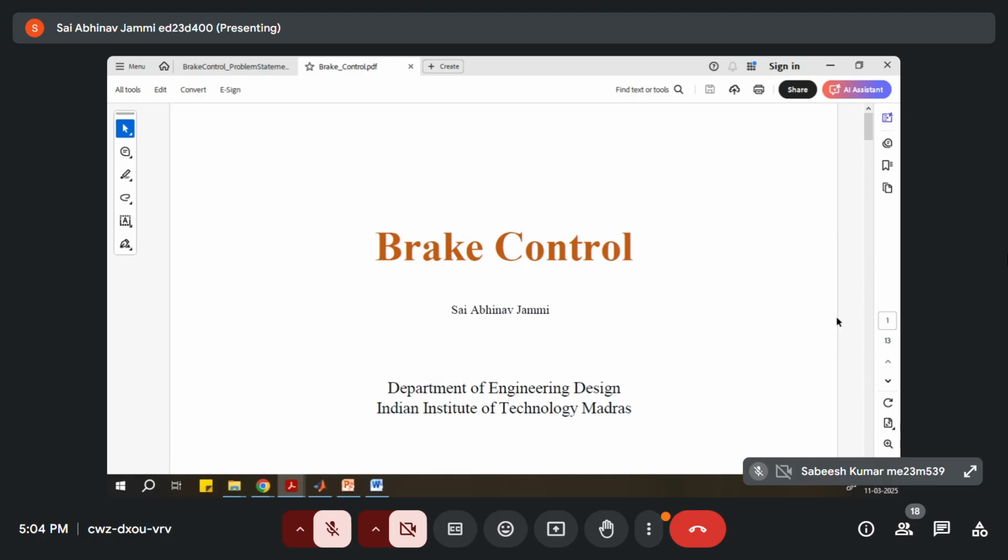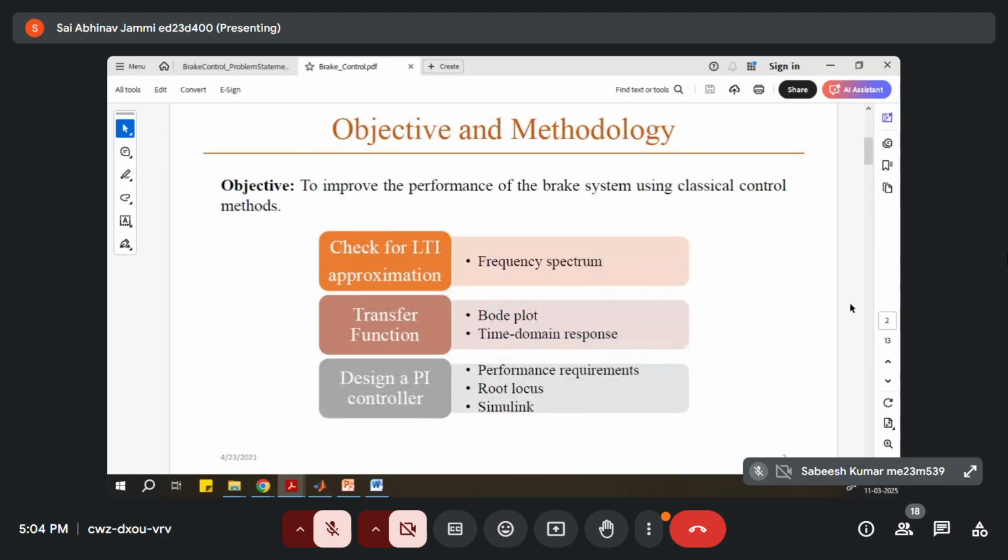So to start the session, as discussed on Sunday, we'll be dealing with the brake control. Here our objective is to first find out the